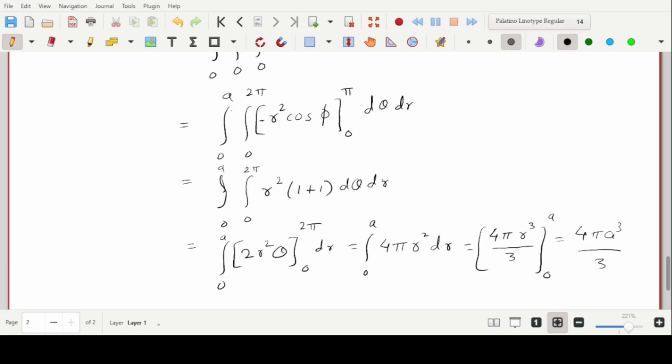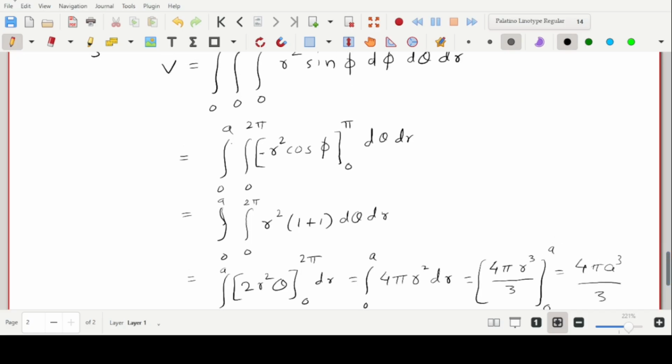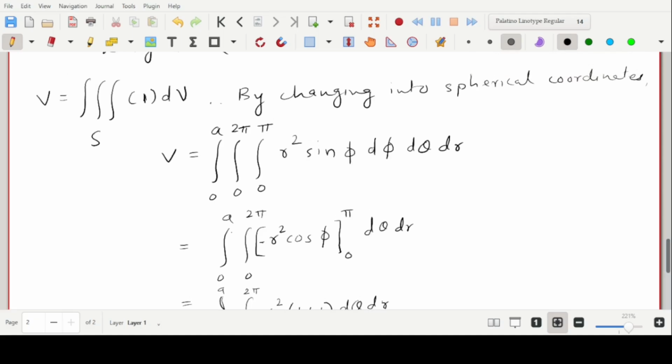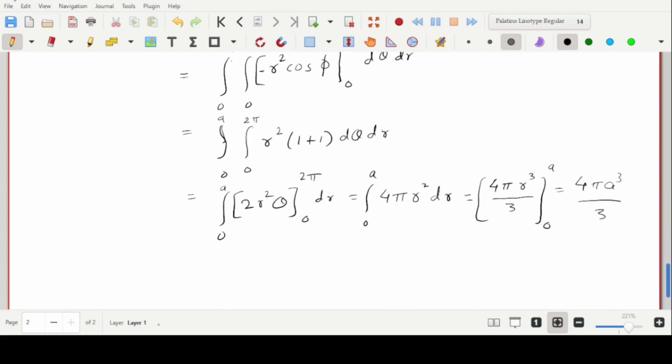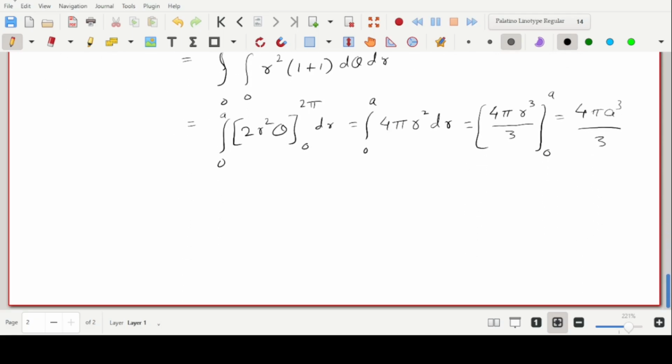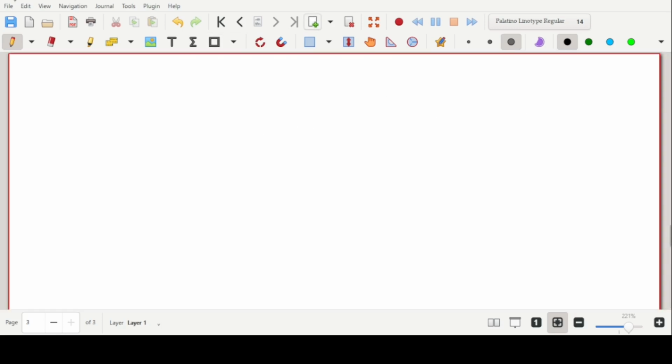So this is how we change the coordinates, and we get a new coordinate system, the spherical coordinate system. So that is one example of that. So I hope you understand spherical coordinates. So let us go over to the next part,